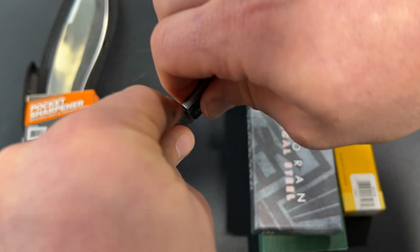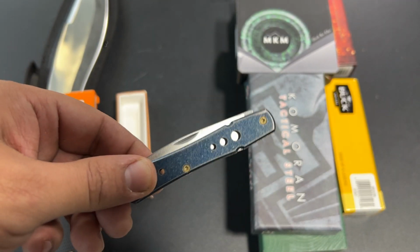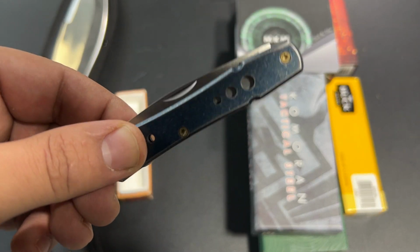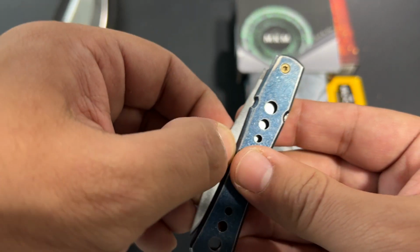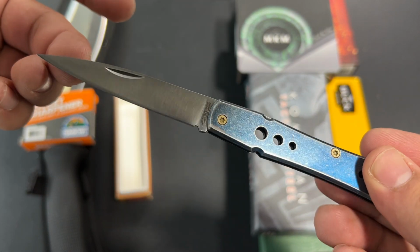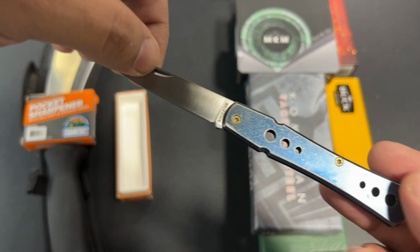What are your thoughts on this one here, Dan? I actually saw this reviewed from a... Did you review this yet or no? I didn't. No, okay. I didn't buy it yet. So I saw another review by another YouTuber, Big Red EDC, and I never thought about buying this knife, but I thought it was an interesting little secondary pointy knife. But I'm glad I got this one because I wanted the blue. I think there's 2 different colors I saw or something like that. Maybe I'm thinking of something else, but...